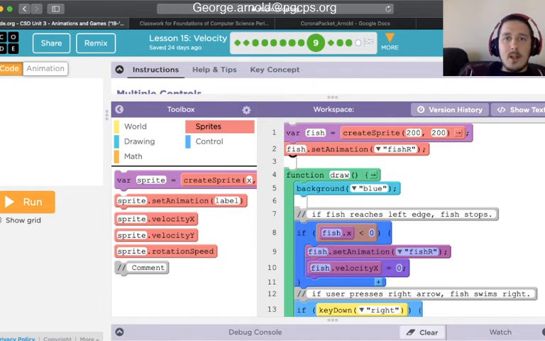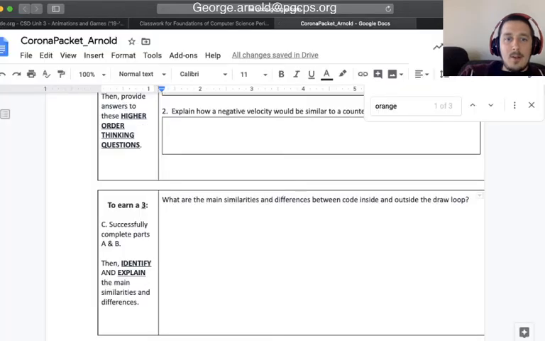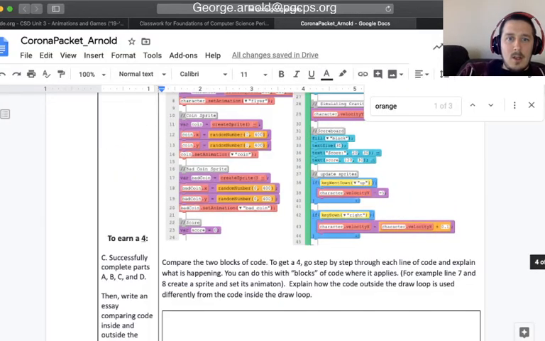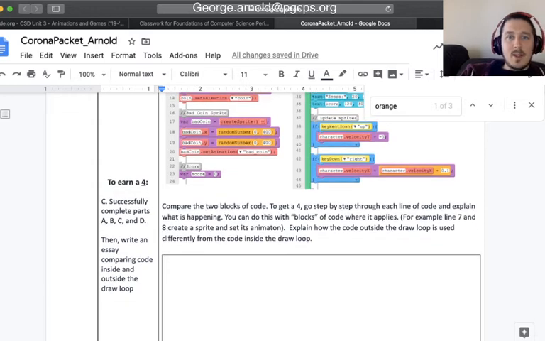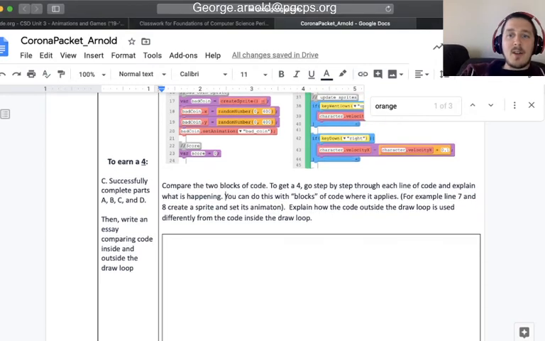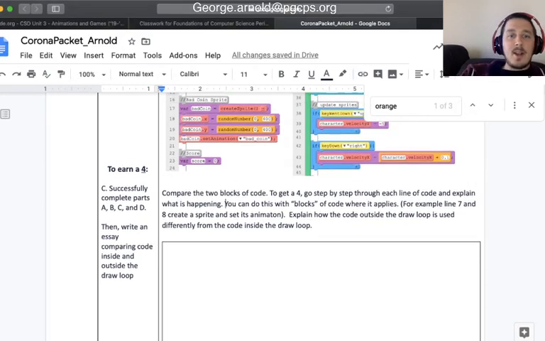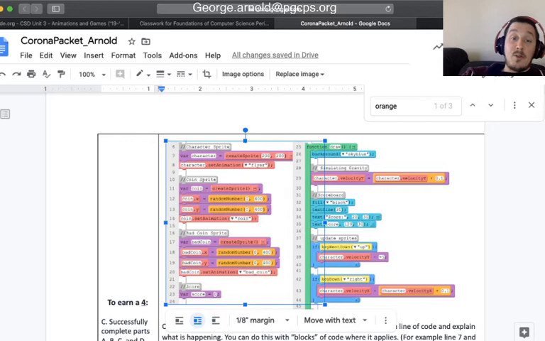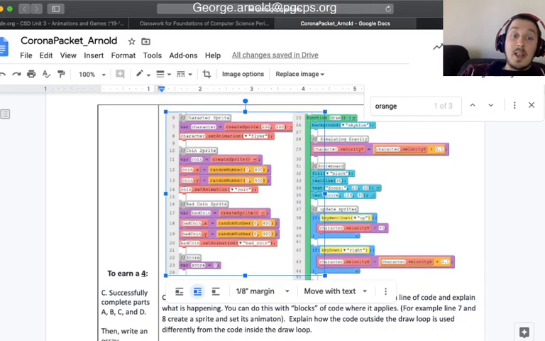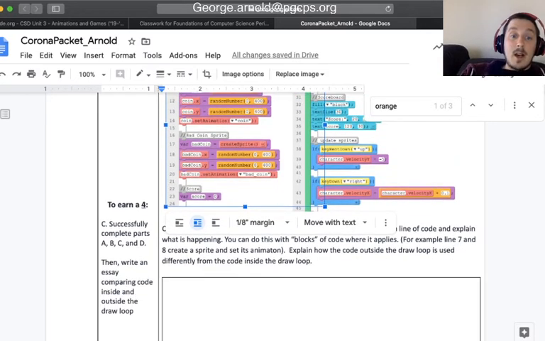All right, let's take a look at that. Compare the two blocks of code. To get a 4, go step by step through each line of code and explain what is happening. You can do this with blocks of code where it applies, for example, lines 7 and 8 to create a sprite and set its animation. So basically what you need to do here, and it's a 4 for a reason, and honestly, if it's done well enough, it could probably